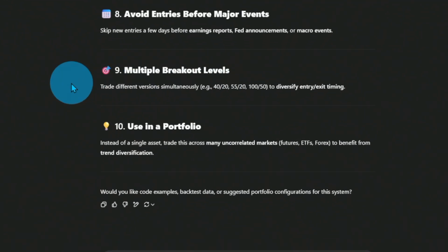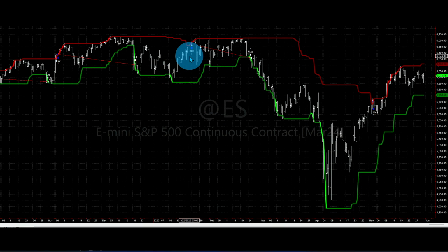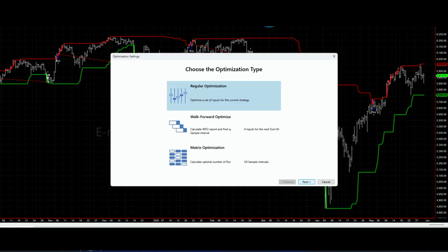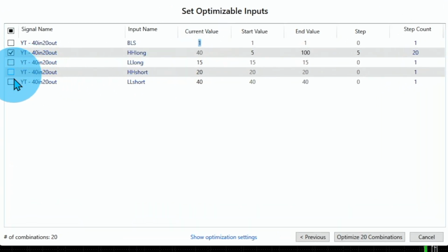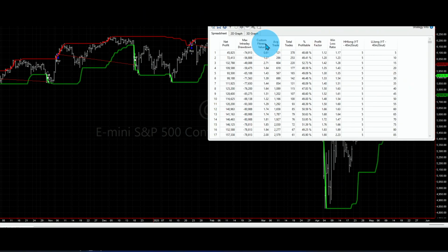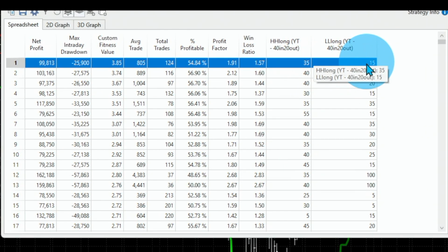So point 9 is multiple breakout levels. So this is our strategy on the long side on the S&P 500. Let's optimize this strategy. So this is long and short. We are long, and we will not use the short side. So we're only doing the long side. So we will do 5 to 100 instead of 5 for both channels. In total, 400 combinations. And if I sort by return to drawdown, on the top we have 35 and 15,